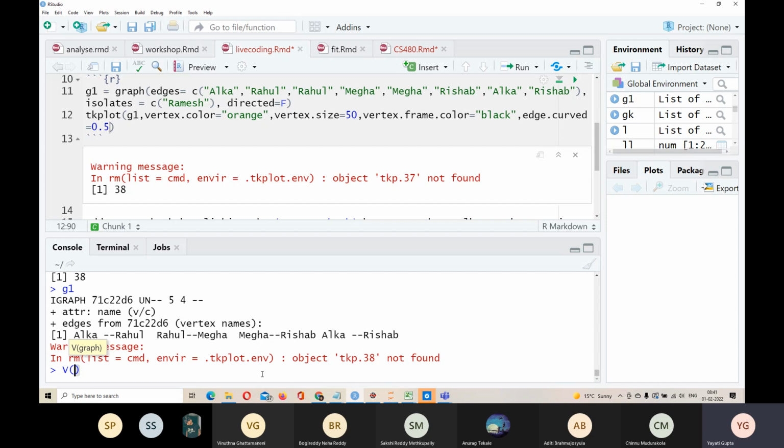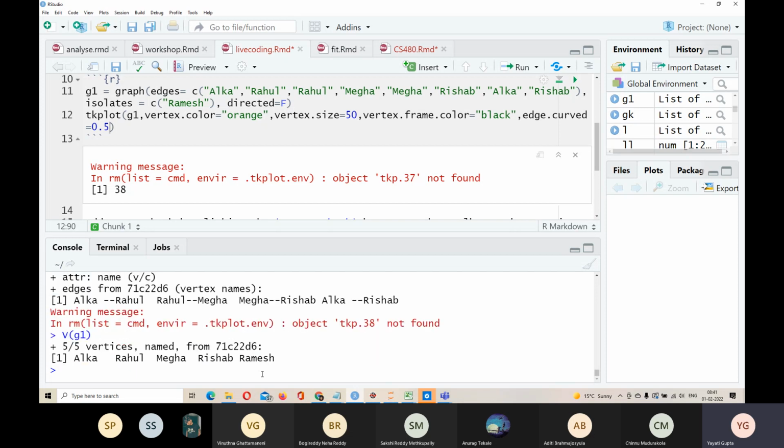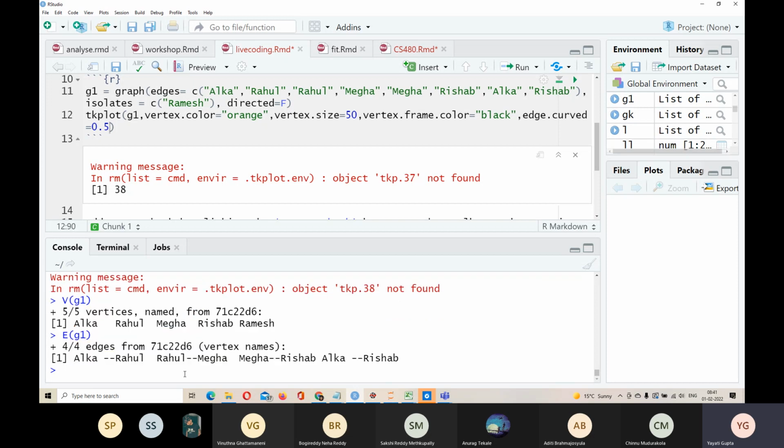You can simply use the exact graph theoretical formulation. We write V(G) and E(G) to represent the set of vertices and the set of edges, so you can use the same notation here. You can write V(G1), and when you hit enter, you see all the vertices, the names of all the vertices. Similarly, to explicitly see the edges, you can write E(G1). In Python, you will see something like g1.vs and g1.es, so just a small change in syntax. And again, you can do your experiments in both R and Python, whichever you find easy. All right.